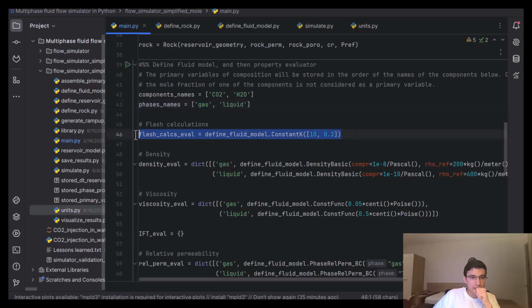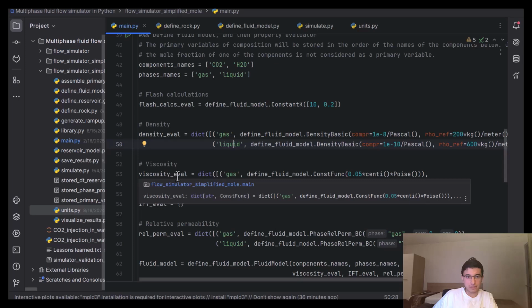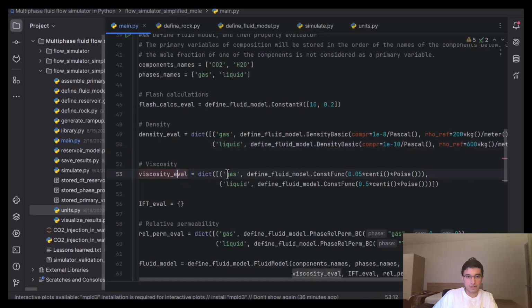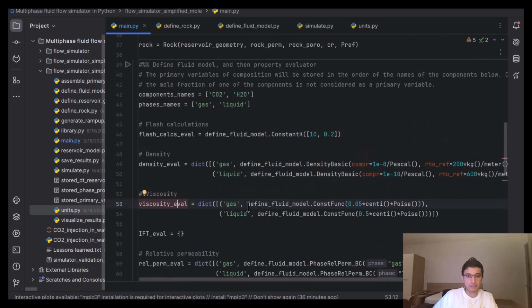In this line, we define our evaluator for flash calculations. Here we specify the evaluator for the density of the phases that we have. In these two lines, we have specified the evaluator for the viscosity of the phases. What I have done here is very, very similar to what we do in